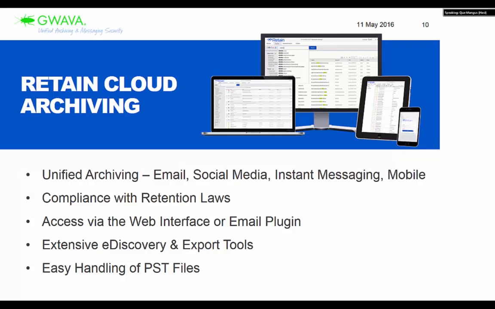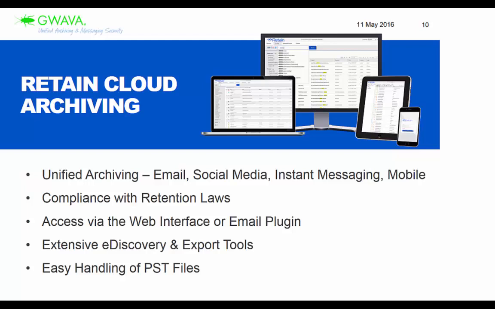Whereas with Retain, you can archive email, multi-platform email. So if you're running Exchange and Gmail, or Office 365 and Exchange, or Office 365 and GroupWise, you have the ability to support all of your email systems in one central location. This is pretty common for universities, as an example, where the staff will be on Office 365 and students will be on Gmail. You have the ability to archive both, and they're both supported in the one central archive, and it's a platform agnostic archive.